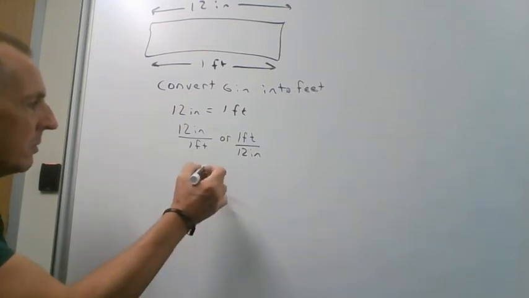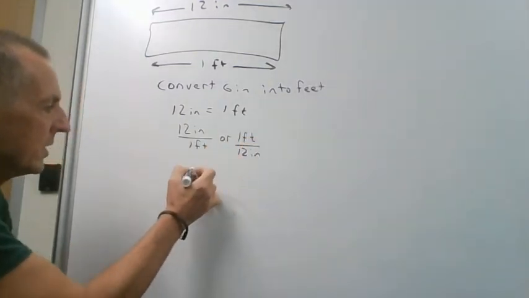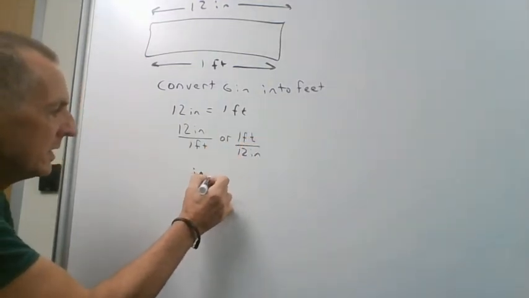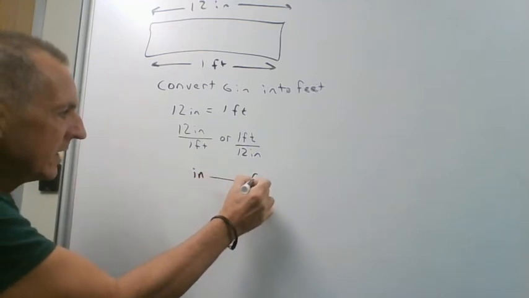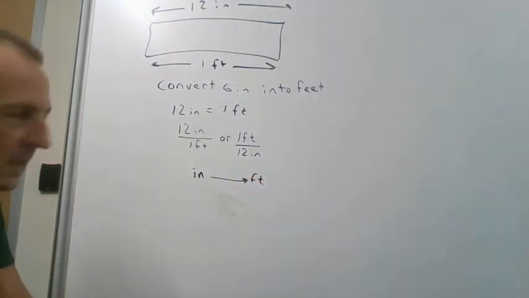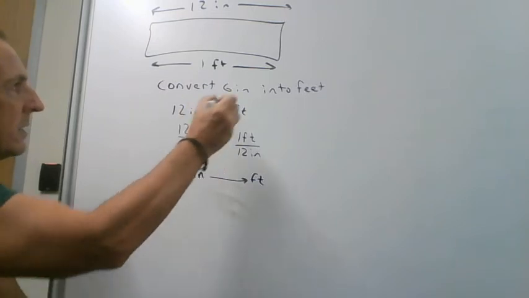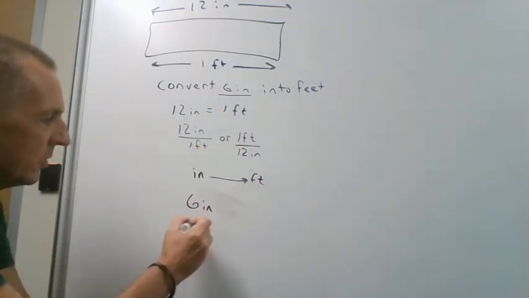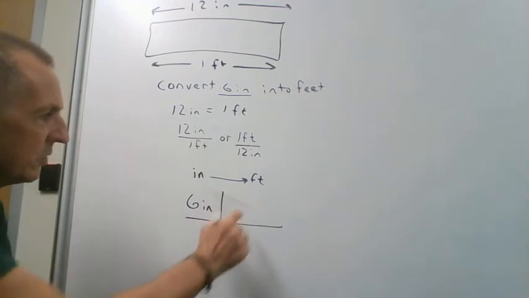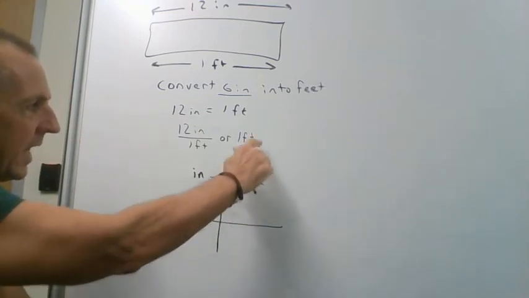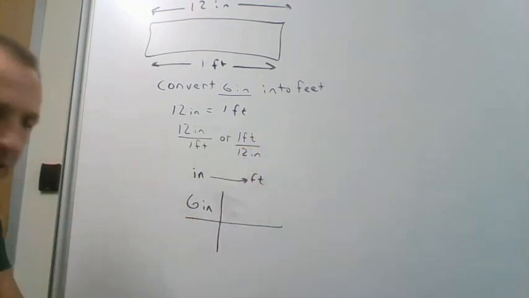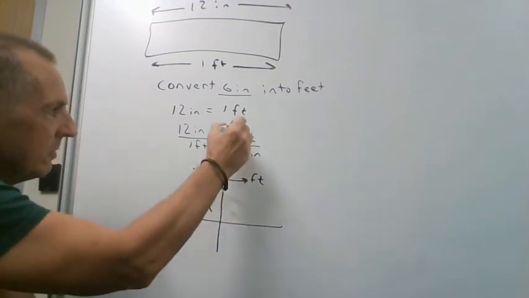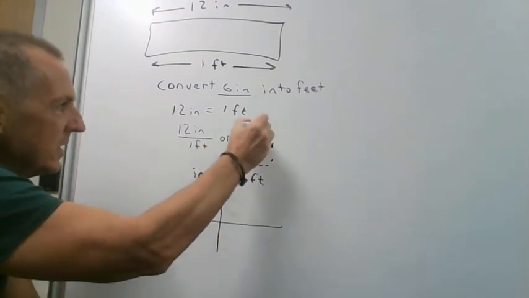To start with, we can draw our map of what we're trying to do. We're trying to go from inches to feet. So that's the conversion we're interested in. So we're starting with 6 inches. So we have 6 inches here, and we want to go to feet. So the unit we're trying to go to, feet, we need that on top of our conversion factor. So to make this conversion, we would use this factor here, that 1 foot